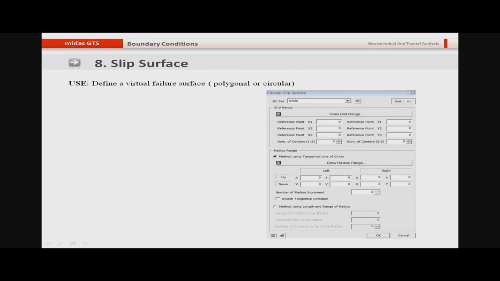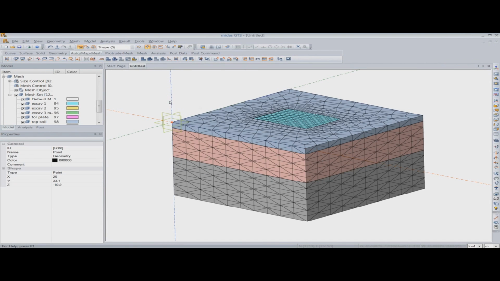You can also define the slip surface. If you want to define a virtual failure surface, which can be either polygonal or circular, you can use this feature to define such a surface. Now let me go back to the program and I'll show you the different boundary features that you can use for our model. First of all, I need to apply the ground supports.